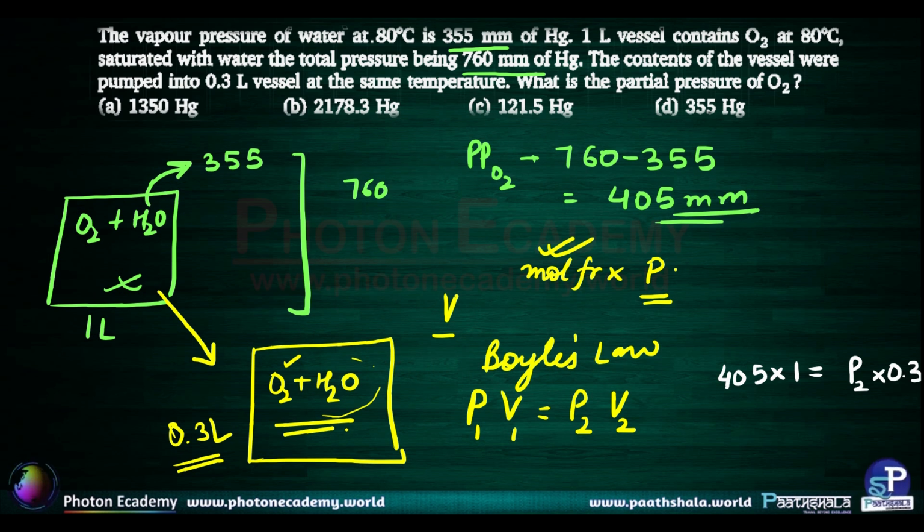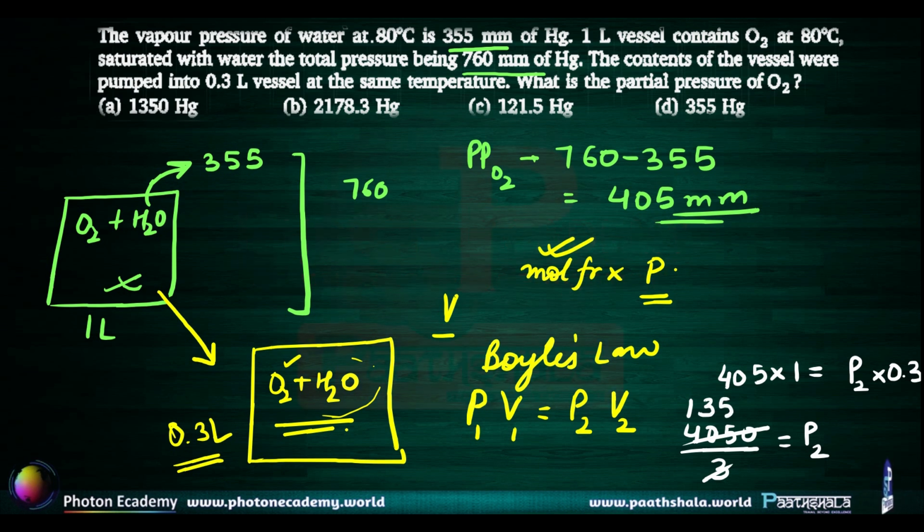So sending 0.3 to the other side, we get 4050 divided by 3 is equal to the pressure. Dividing it by 3, we get 1350 as the pressure, and this is in millimeters of mercury. So this gives your answer to be option